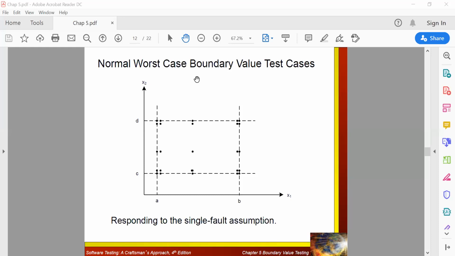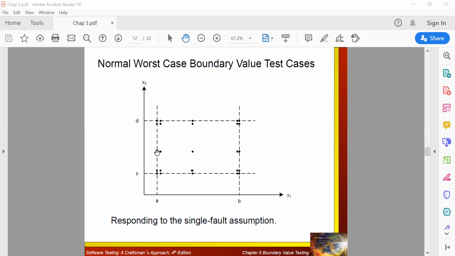This is with respect to your normal worst case boundary value test analysis. What is normal boundary value analysis? That is nothing but with respect to this particular range, one point will be fixed, and always we are checking with respect to that point, and one next value to it will be found. With respect to your worst case, this happens with respect to two variables. This does not come with respect to one single variable. In one single variable, you can go with identifying either a robust case or a normal boundary value analysis.